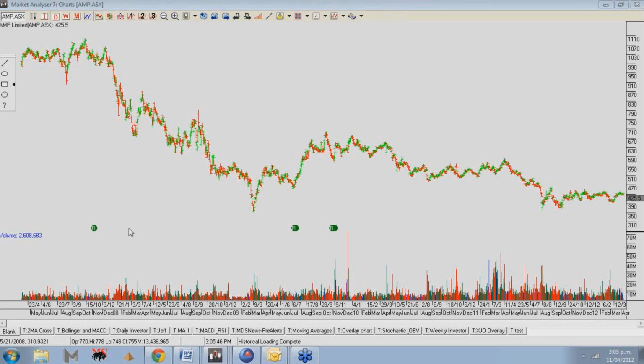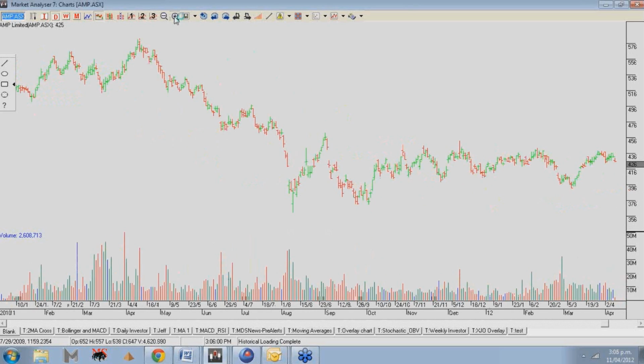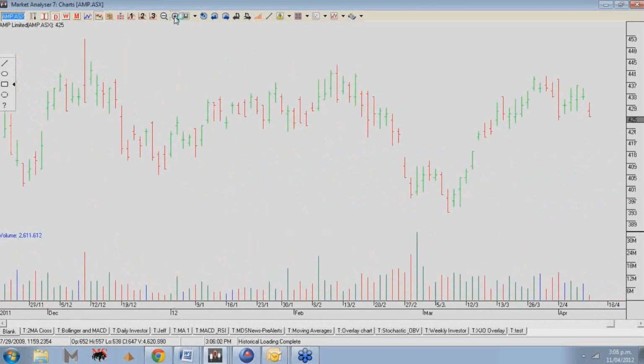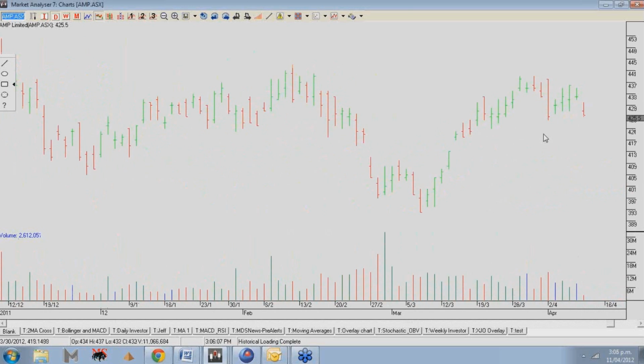Kirsten, how do I set a stop loss on a trade? There's not an indicator in here that shows where the stop loss sits. So we don't have an indicator that you can put on that trails the share price up as the share price moves higher. But what we do have is you can calculate off the level that you're at. So you can set a stop loss off the lowest price, and it's just a matter of working back from there. If you use just a trend line,